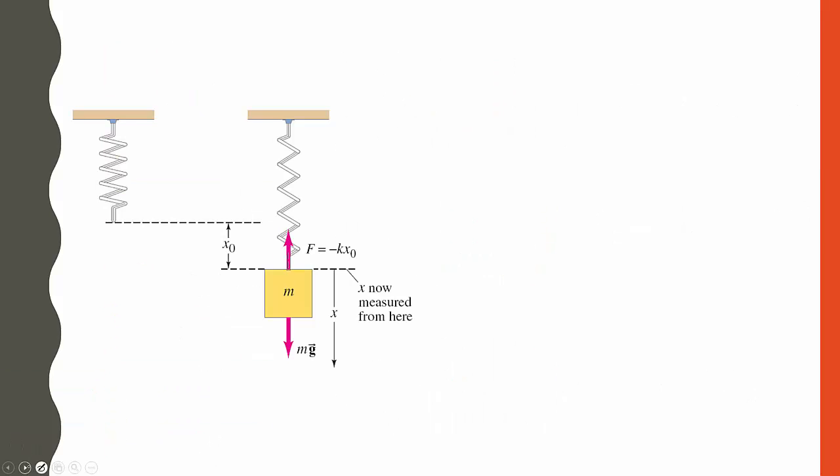Pen got changed color there. If we've got a vertical case, it actually works out kind of nicely. So if we imagine a spring at equilibrium, and then we hang a mass on it such that it stretches down a little bit, and we let it settle in so it's not bouncing up and down,